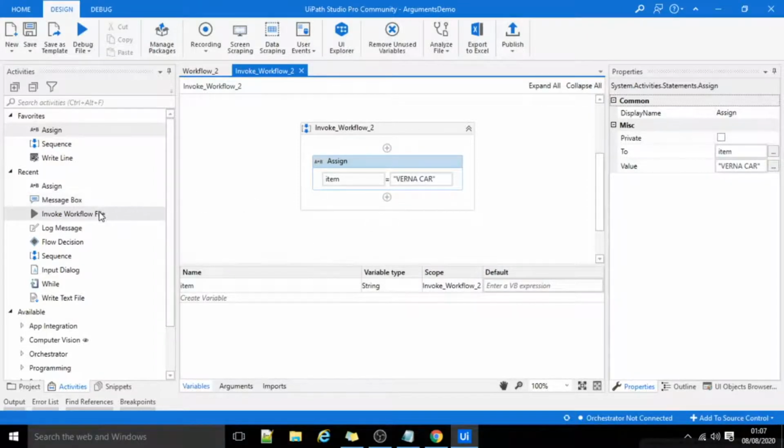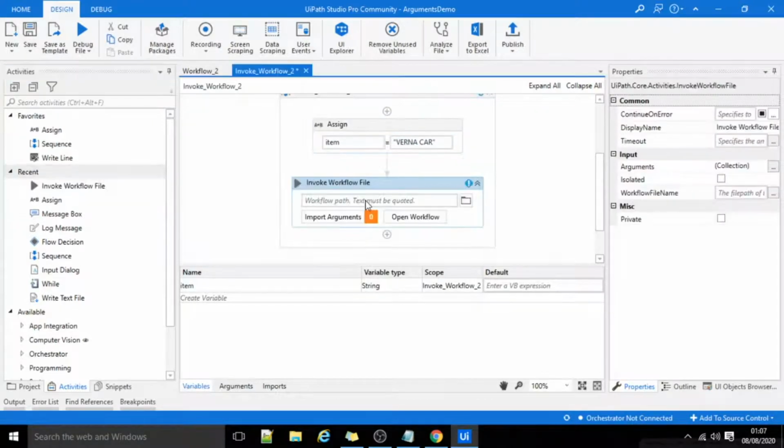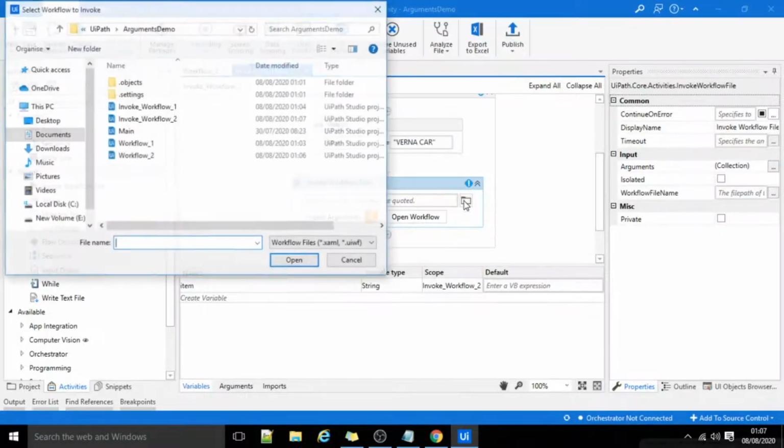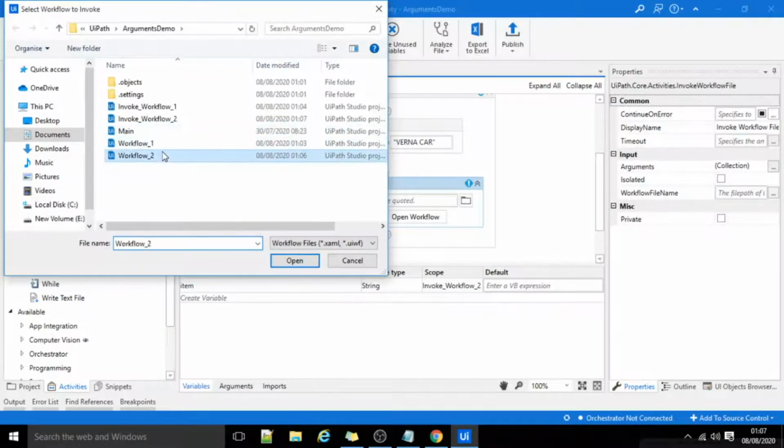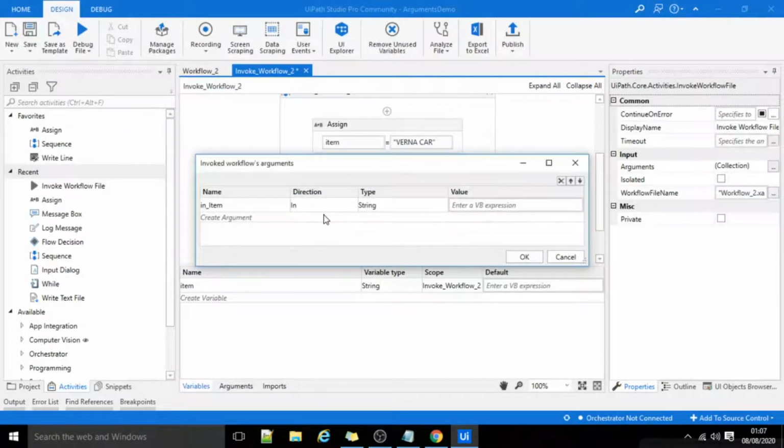Now I will invoke or call my workflow. For that I'll use the Invoke Workflow File activity. I'll choose my Workflow_2. I'll click on Import Arguments. So here this panel is showing that we need to pass a value for in_item.